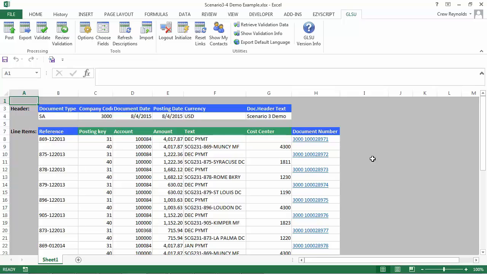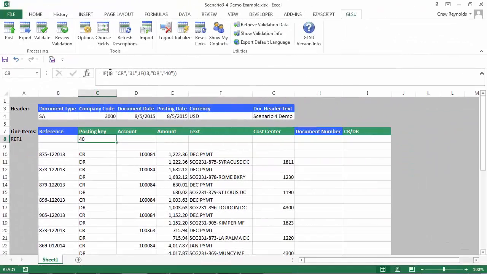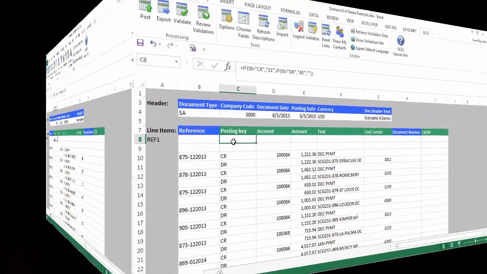And that's how you might use GLSU to load incoming vendor data. If I is equal to CR, okay, the posting key, it's blank. Now that I've got my formula correct,